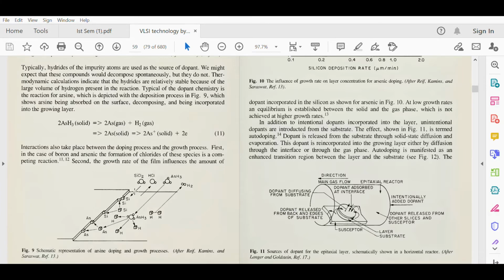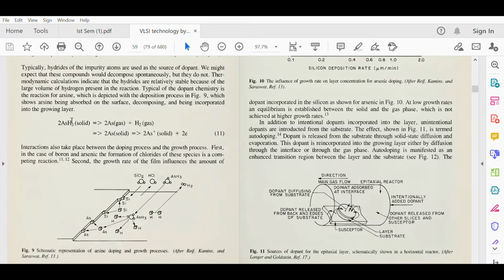Silicon dichloride is given over here, this is the SiCl2, the silicon and the chlorine atoms. Here you can see the compound with arsenic and hydrogen is given as the dopant, and it is giving me three hydrogen atoms, H, H, and H. This arsenic is going to replace the silicon, here and here also, and similarly the hydrogen is also going to be present there.